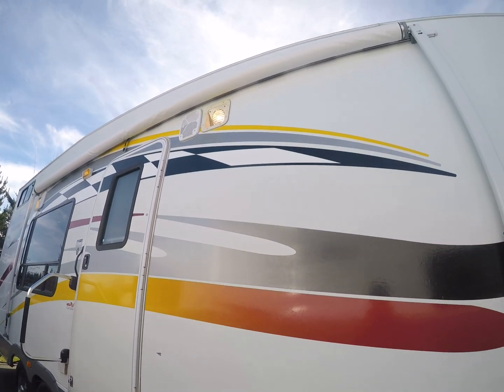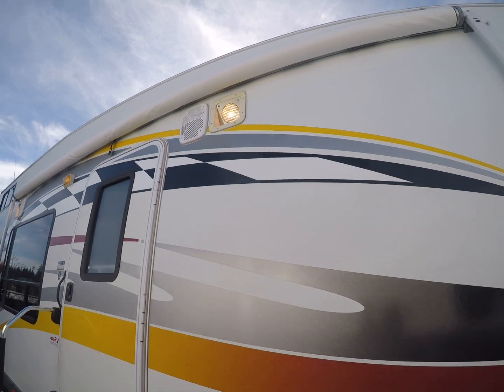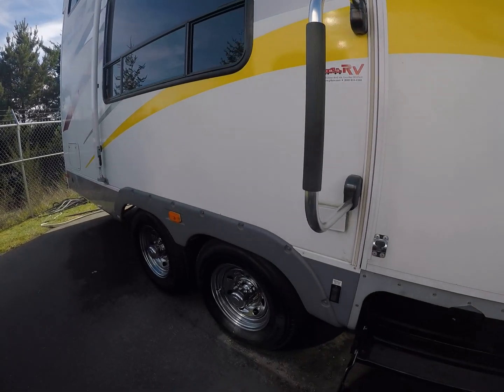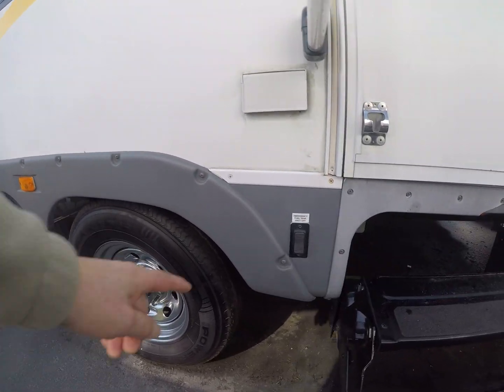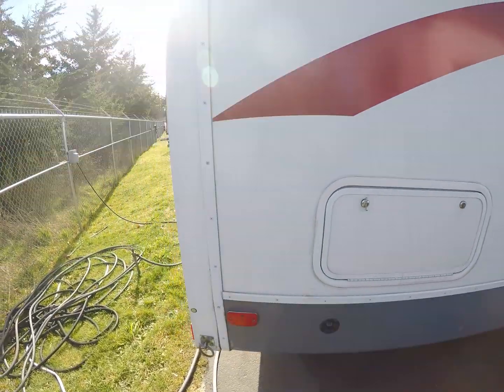Also, the awning, you can see, it looks like it's a little newer than the coach. Fabric looks like it's in pretty good shape. Outside speakers, outside work lights. We also have chrome wheels, tires good, no cracks in the sidewalls. There's a shut off for your fuel station. On the back side here, you can see the